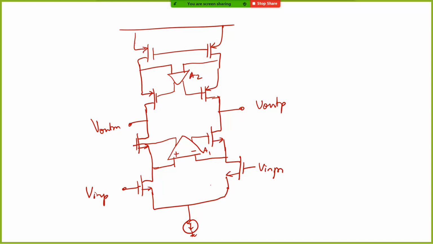By putting this amplifier and biasing up your cascode, you are increasing the output impedance and increasing the gain of this OTA. Of course, it has its own penalties, as we saw. So with this, we'll conclude today's class, and I'll try to record and post a lecture with the continuation of folded cascode, and maybe I'll take up one op amp design, maybe a folded cascode design or a transistor OTA design, so that it will be useful for you to do your projects also, and you'll really understand the concepts.